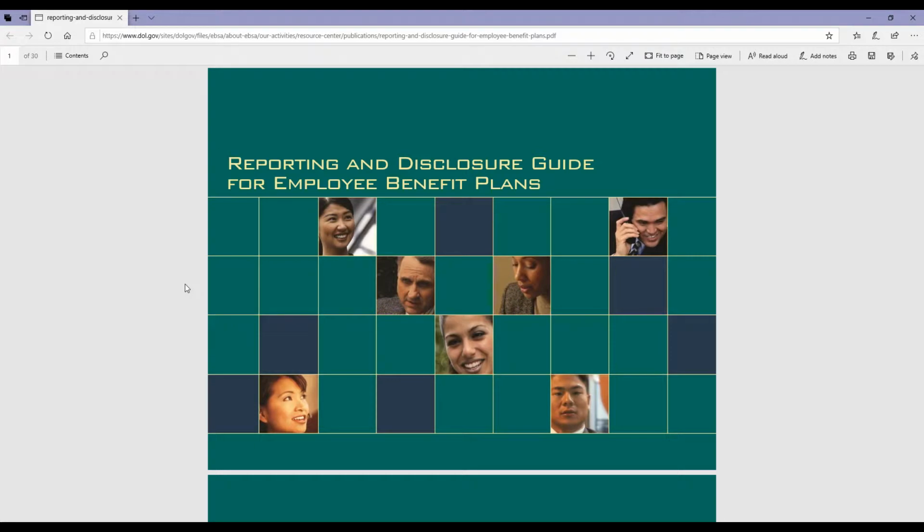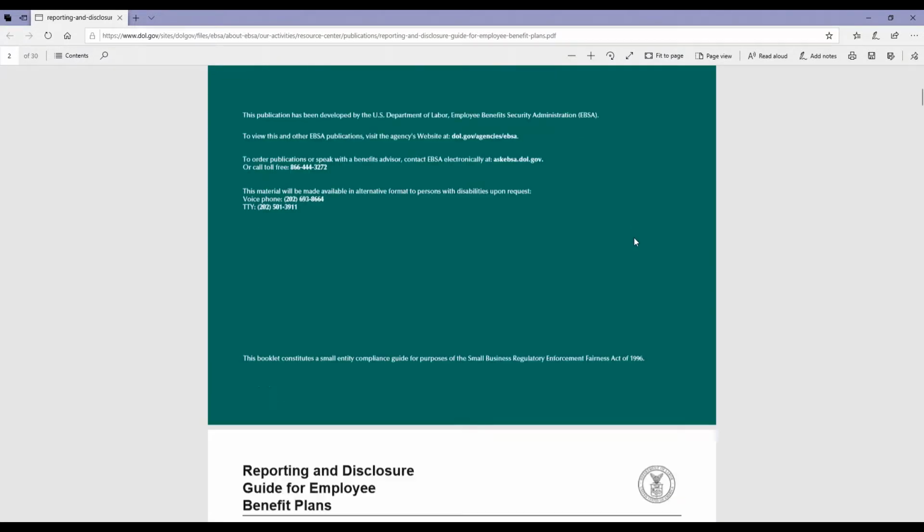But the first is the Department of Labor Reporting and Disclosure Guide. The great thing about this guide is that it is available online. So you can actually Google DOL Reporting and Disclosure Guide, and it will pop up for you. Another great aspect of this guide is it comes straight from the government. It comes straight from the Department of Labor. It was last updated, as you'll see, in 2017. It is 30 pages, so I will warn you